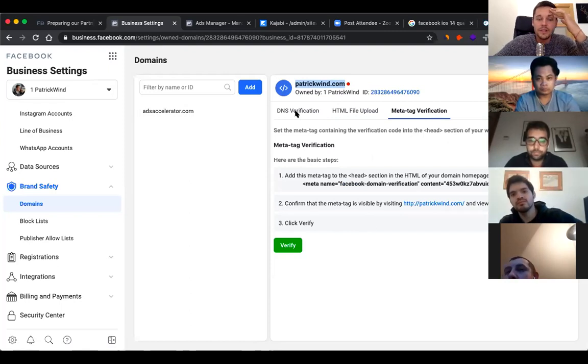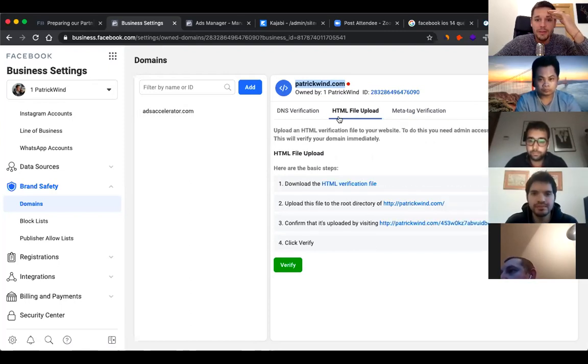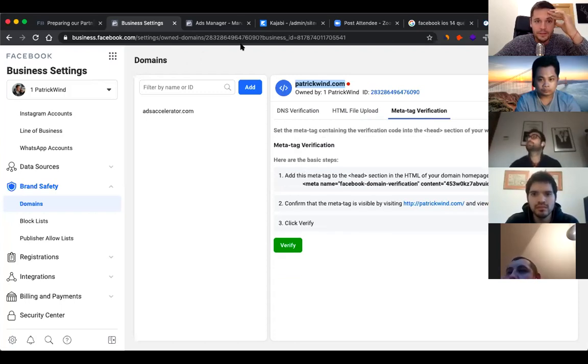You can obviously do DNS verification or the HTML file upload, but what I recommend, which is super easy, is that you go to meta tag verification. I click on add, take patrickwind.com and add, and then it says to add this meta tag to the head section in the HTML of your domain page.